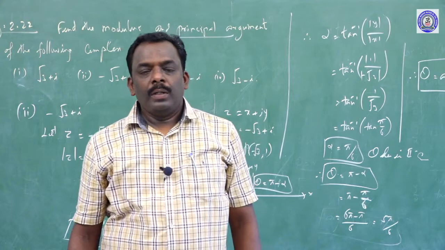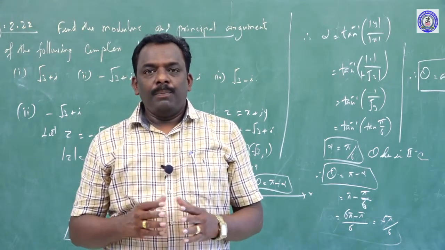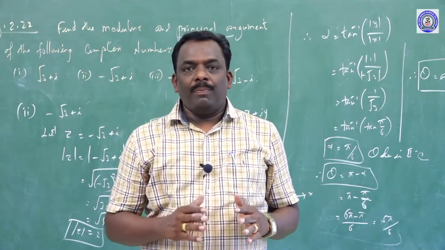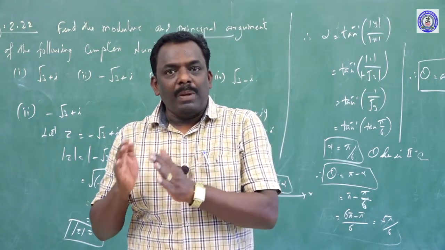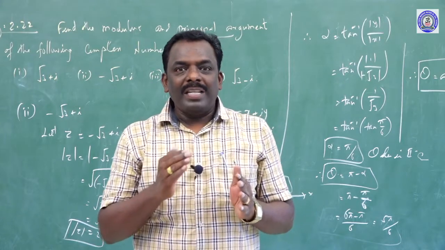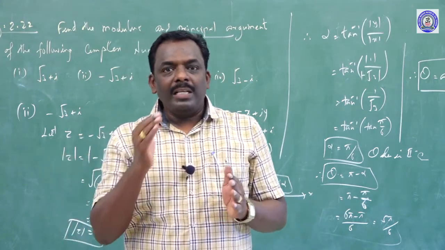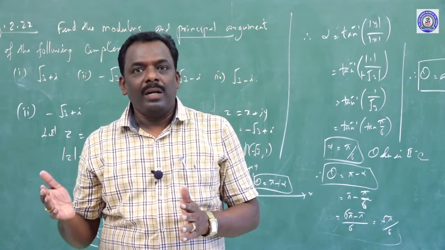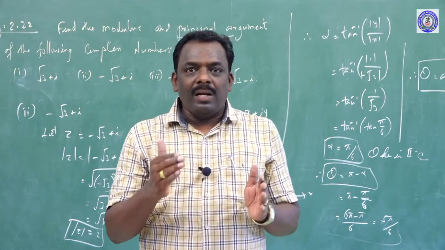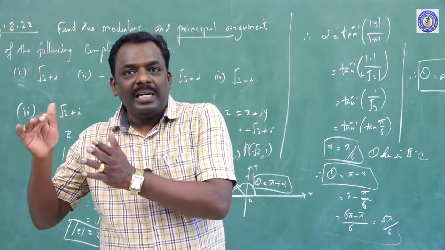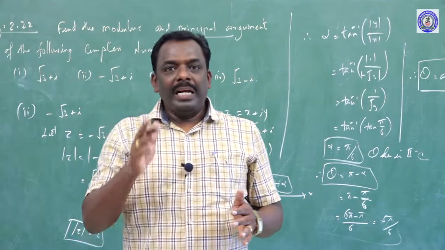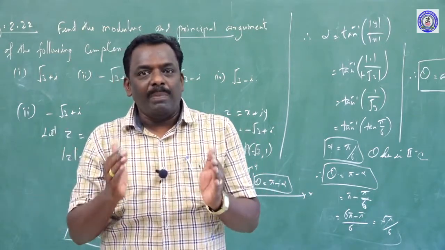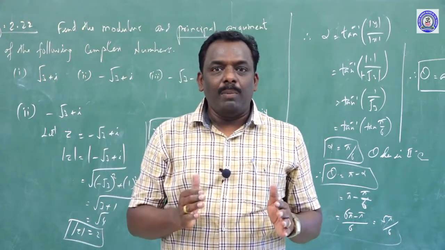Dear student, today we discussed the equation of a circle in the complex form. Equation of circle in the complex form, what is that? Modulus of z minus z naught is equal to r. Here z naught is the center of the circle and r is the radius of the circle. If modulus of z minus z naught is less than r, the point z lies inside the circle. If it is greater than r, the point lies outside the circle. That is one of the arguments about a complex number and its circle.